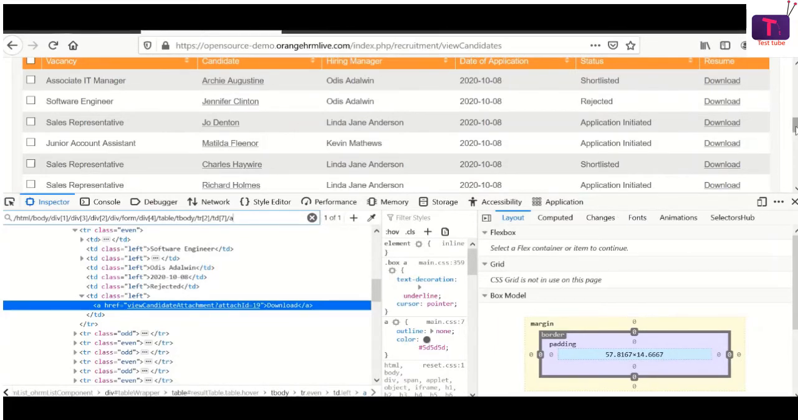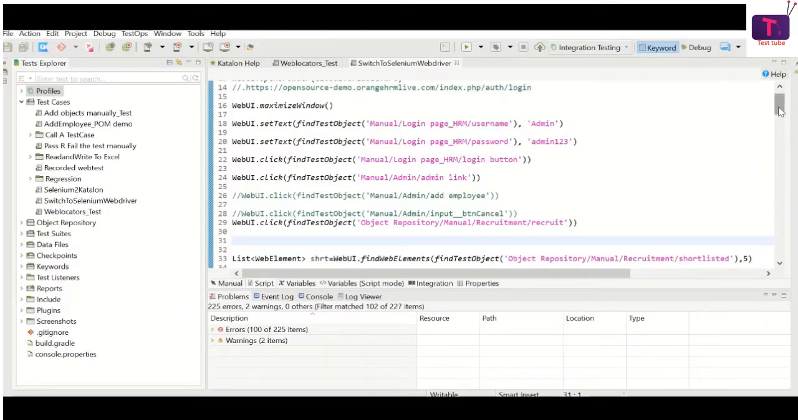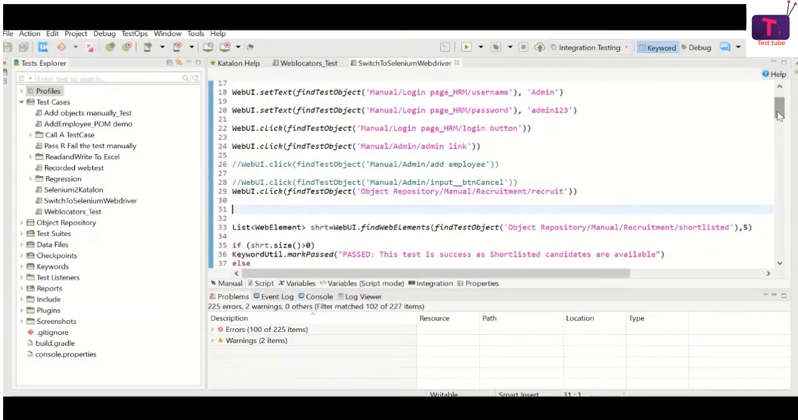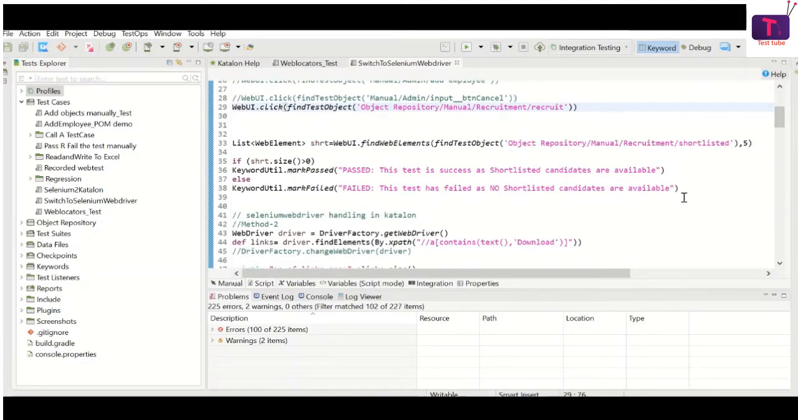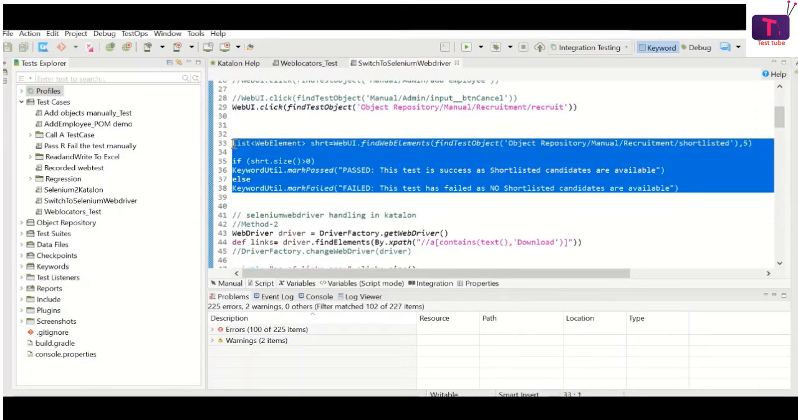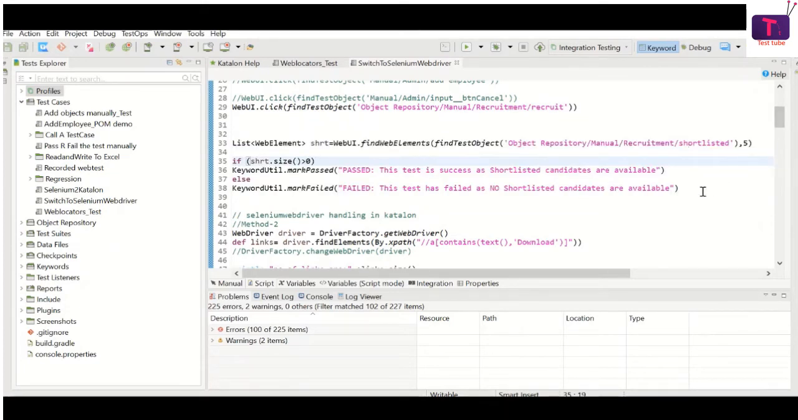So the answer to this question is simple, that we use find elements, right? The find elements equivalent is find web elements in Katalon Studio. Using find web elements is something which I have explained in my earlier tutorial, so I'm not going to explain it in detail. So similarly,